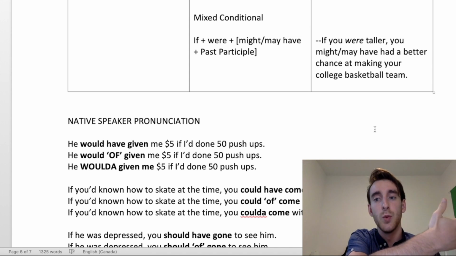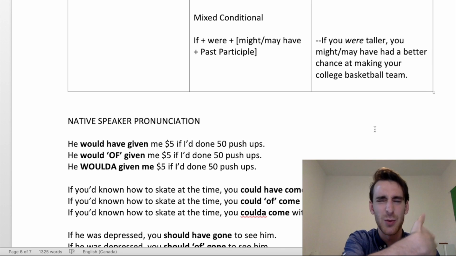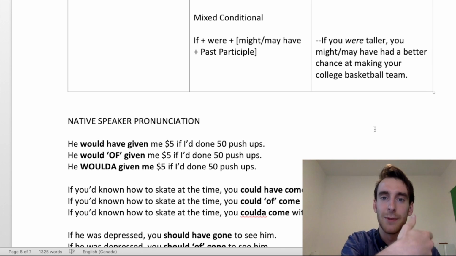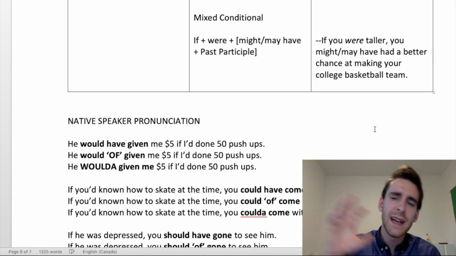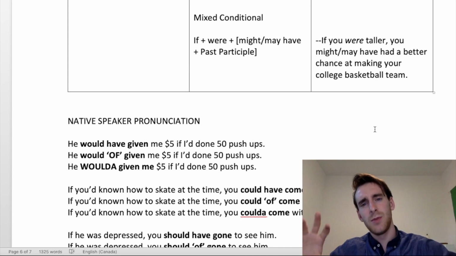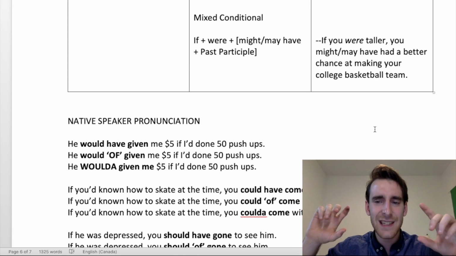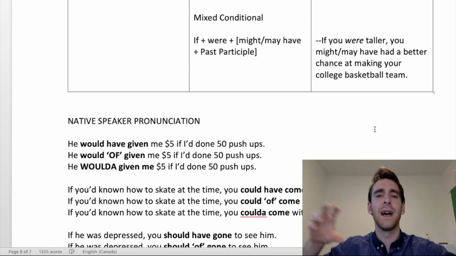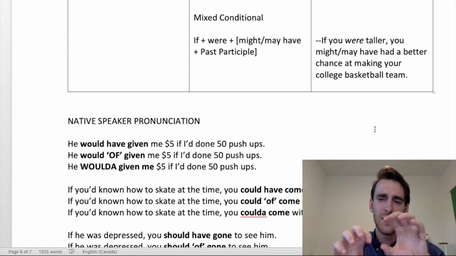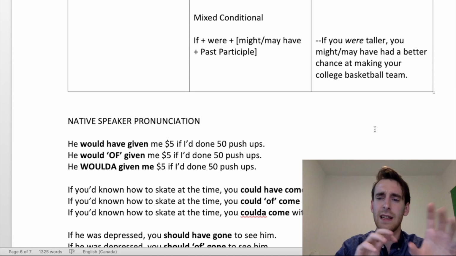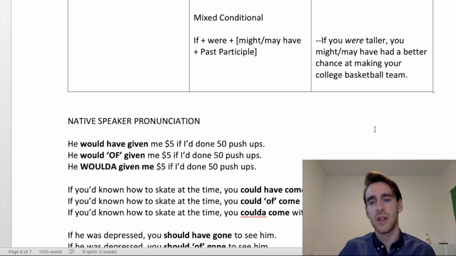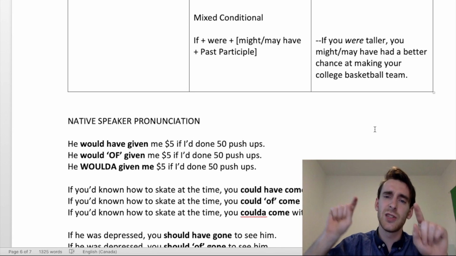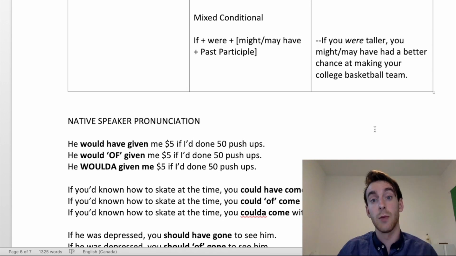So maybe you would have had a better chance. That's where that maybe comes in. That's where we use might and may. So for might and may, guys, remember, don't worry too much about the differences. The main difference is that we use may also for polite questions, whereas might and may are otherwise interchangeable. Might is slightly less strong, less of an inkling than may. All right, but don't worry too much about that. Just remember, polite questions only with may.